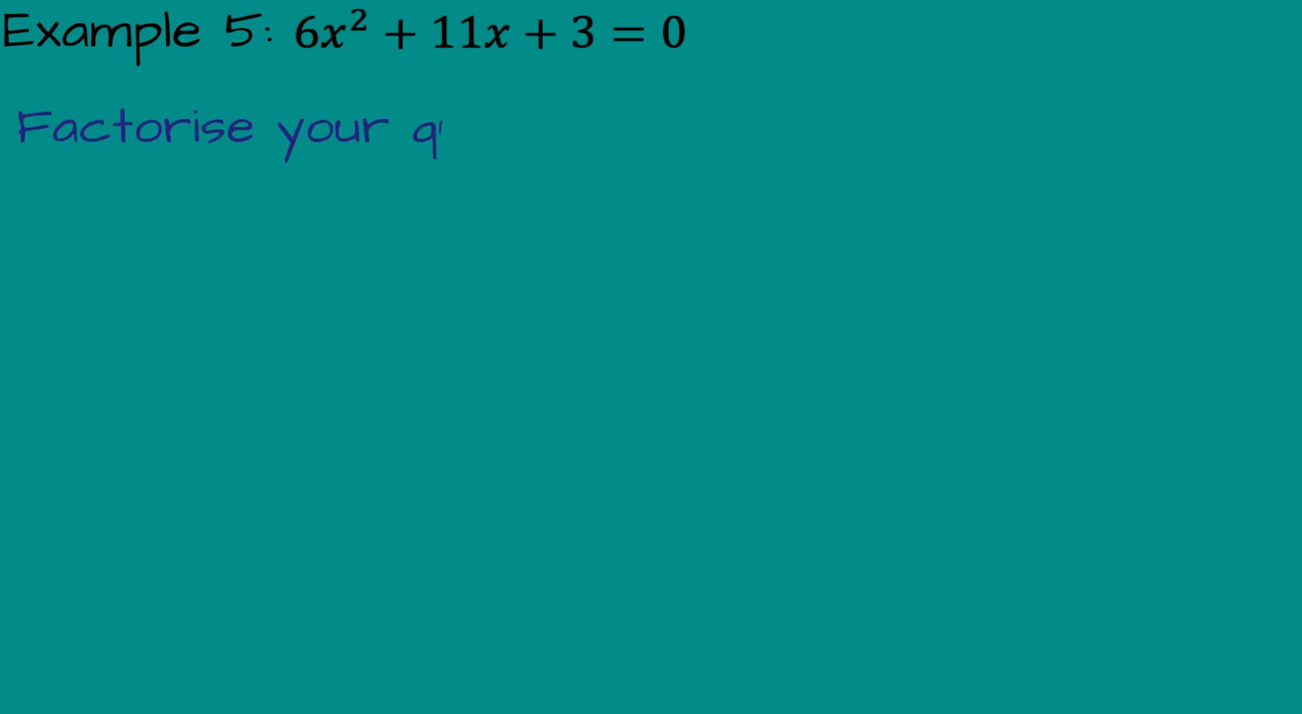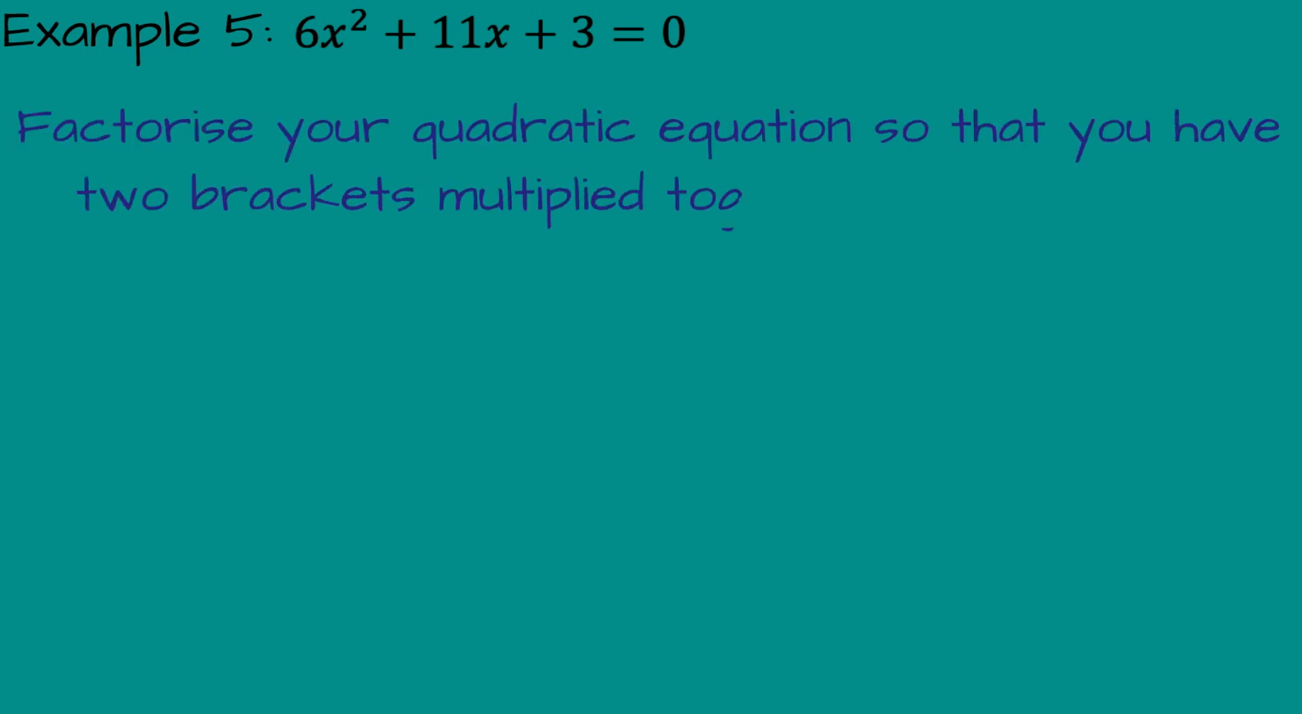Finally, the most complex example, 6x squared plus 11x plus 3 equals 0. Before we solve this equation, we need to factorize it. It factorizes to two brackets, but this case is more complex. You need to find pairs of numbers that multiply to 6 and to 3, and that multiply together and add